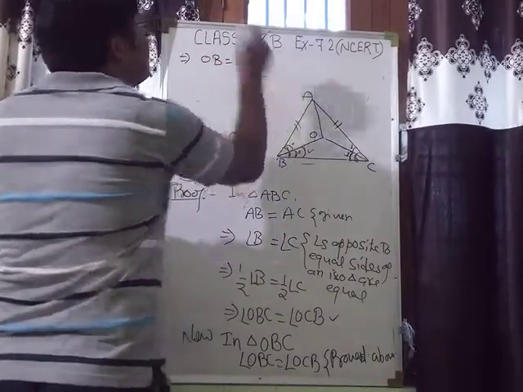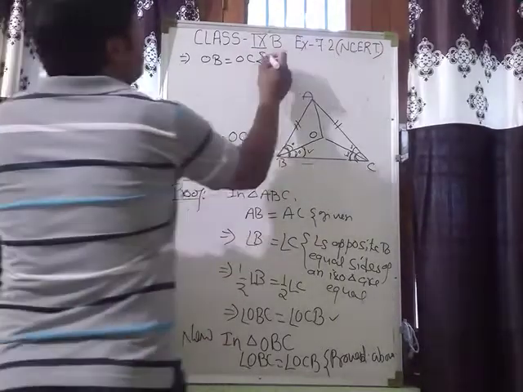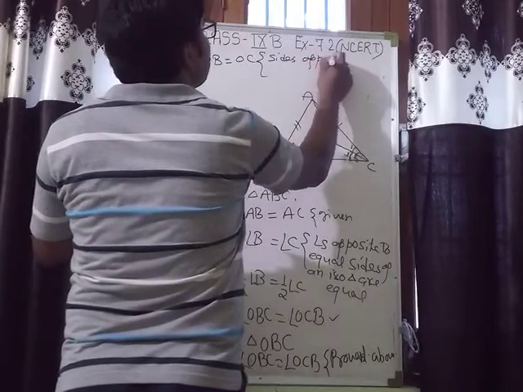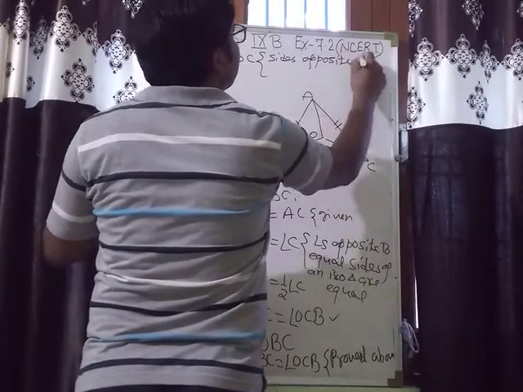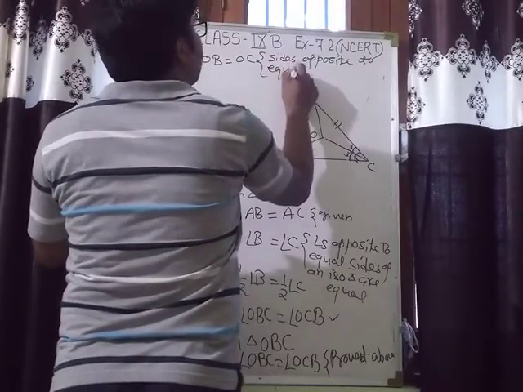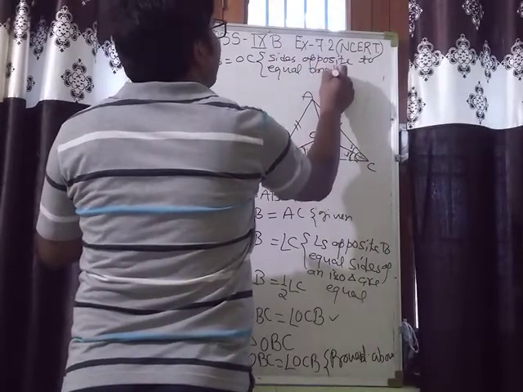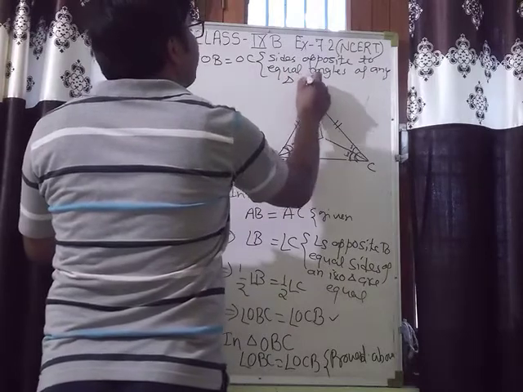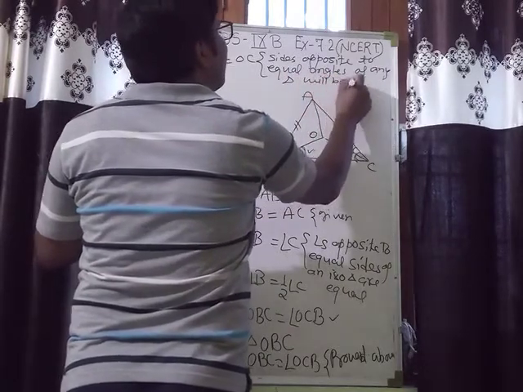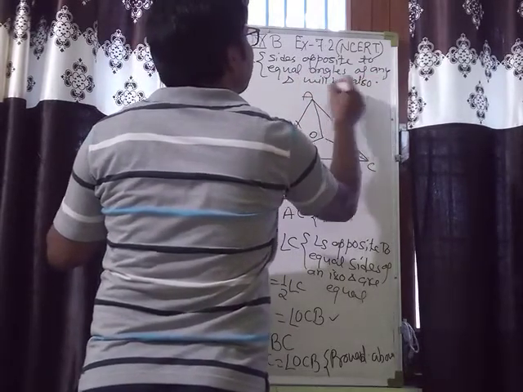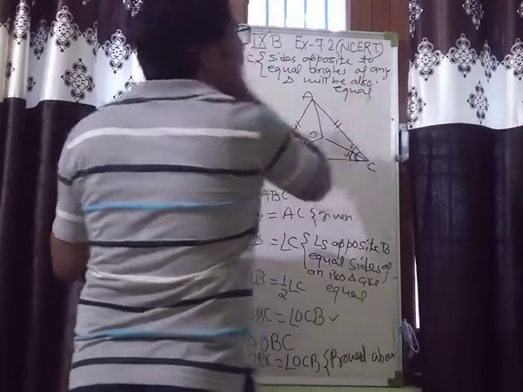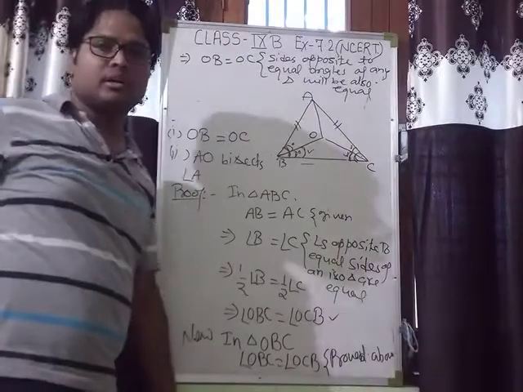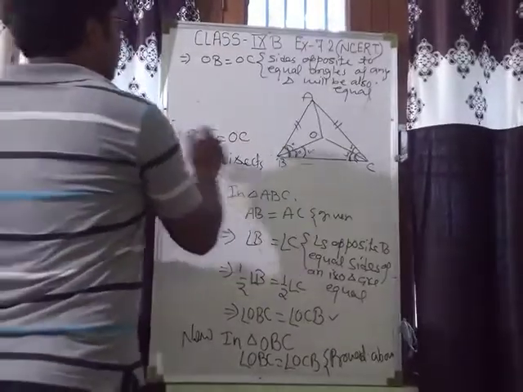And what will be the reason? Sides opposite to equal angles of any triangle will also be equal. Okay? See, if this looks small, you can zoom in. If you zoom like this, it will start looking bigger. Okay? So this first one